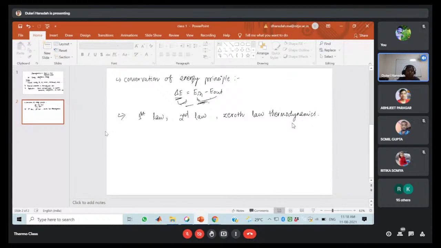Okay, so what is first law? So first law describes the conservation of energy principle. Also, it defines that energy is the thermodynamic property. So it will find one property that is your energy. So that is your first law, and second law is your